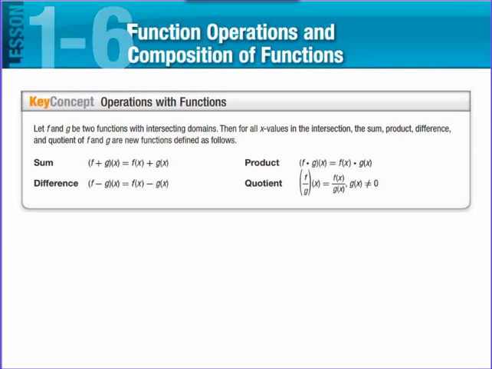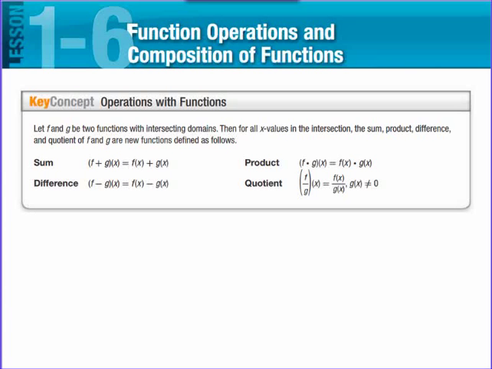Section 1.6 is entitled Function Operation and Composition of Functions. So the first thing that we're going to look at in this diagram is something that is probably going to seem like it's the obvious thing to do. And basically what they're saying on the first one, f and g are two functions with intersecting domains. For all x values in the intersection, the sum, product, difference, and quotient of f and g are new functions